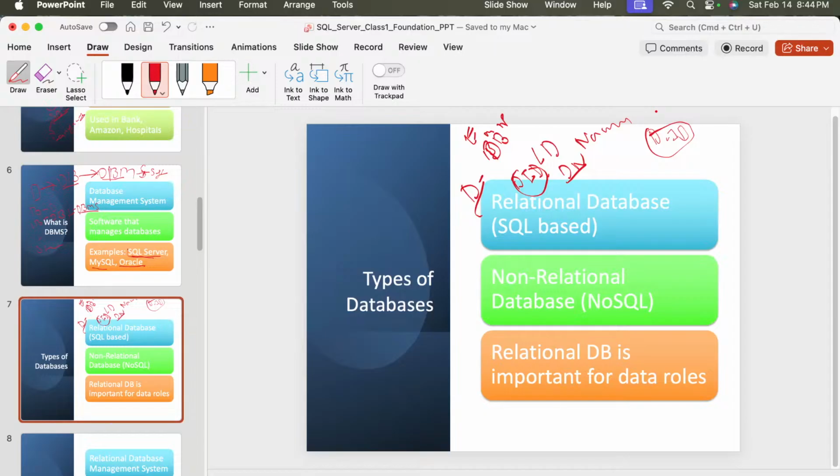Department ID is common, so that relationship is made in a relational database, and it's connected with a relationship which is called primary key and foreign key. We will see in upcoming videos what the primary key and foreign key are as well, right? So this is what you should understand. You need to have this knowledge so that you are able to understand what a relational database is. As the name suggests, it has some relation with the data, right?